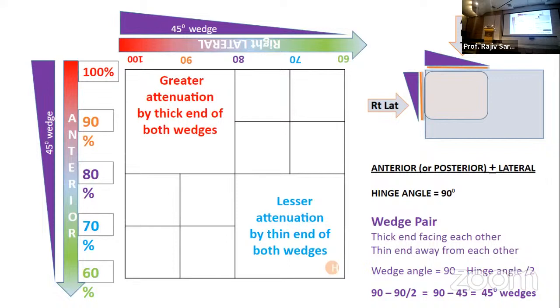Parallel opposed is 180 degree. So if suppose the hinge angle was 120 degree, 90 minus 120 by 2, which is 60, so 90 minus 60 becomes 30 degree. And if the hinge angle is 60, like when you're treating the ear or parotid, where if you increase the hinge angle, it might go through the eye or spinal cord or somewhere else, you have used a narrow, smaller hinge angle. So this is how you remember the need for wedges,